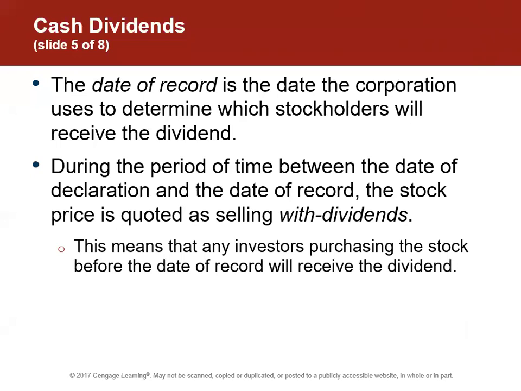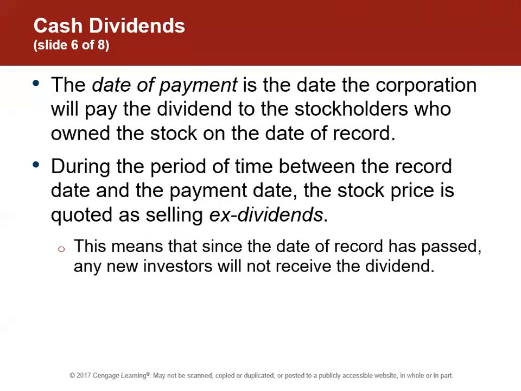Okay. We declare this up front, which is kind of nice, right? Because if I was thinking of selling my stock and then I'm like, oh, wait, I'll wait 2 weeks and get my dividend first. So they always declare it in advance for not just that reason, but for record keeping purposes. Okay. And anyone that purchases stock before that date will also get it. And then the date of payment, we're just paying off that liability. Okay, so it'd be debiting the liability and crediting cash showing we've paid that dividend.